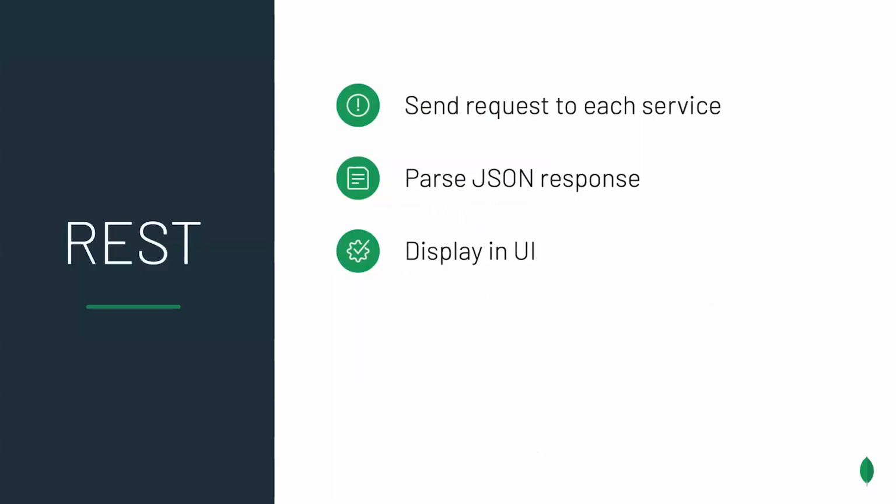The traditional approach to presenting this data would be to request it as the screen is displayed. Send two requests off to the services responsible for providing these metrics, and show a loading indicator while those requests are in flight. Then parse the JSON response and present the latest data to the user. The problem with this approach is that we don't have anything we can display when the device is offline.